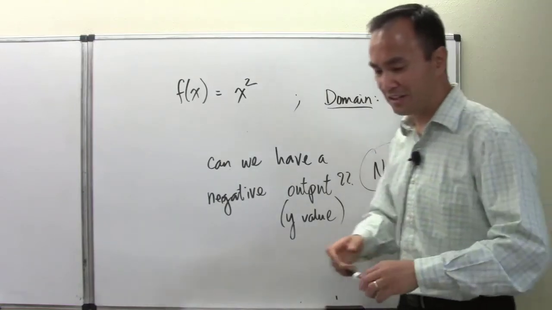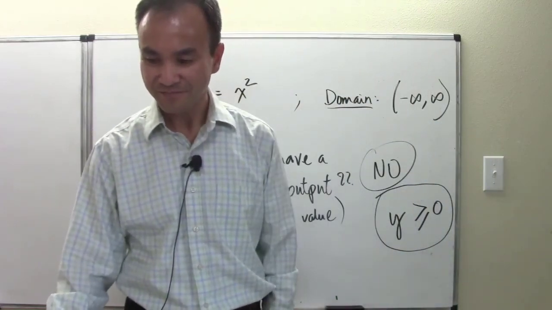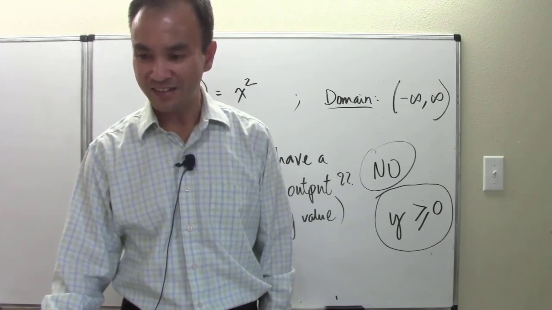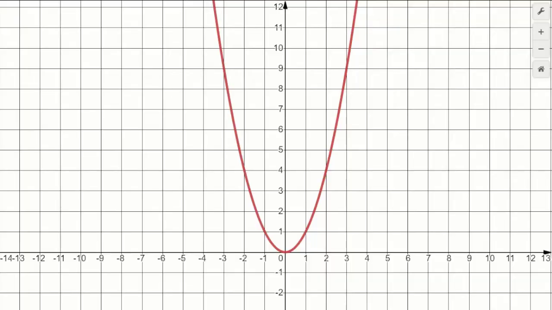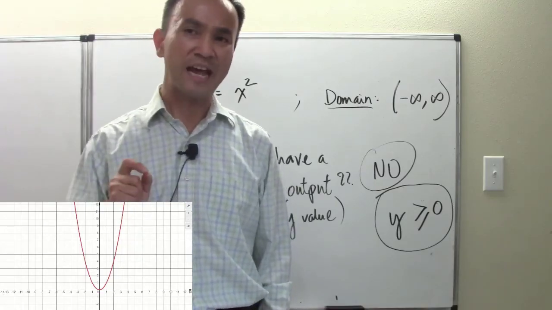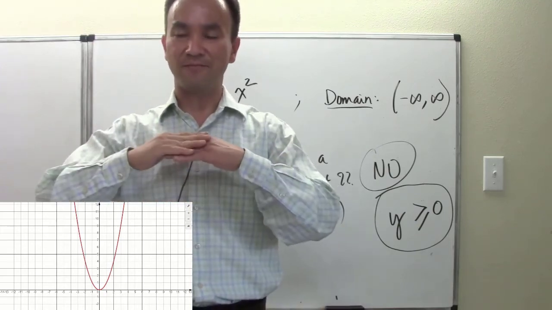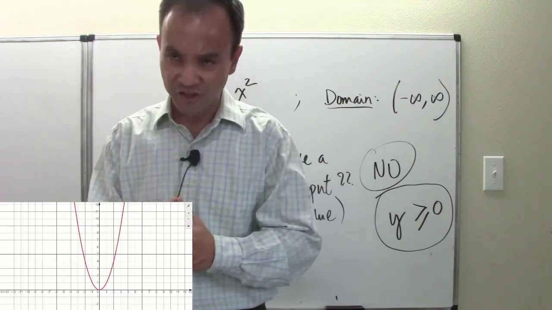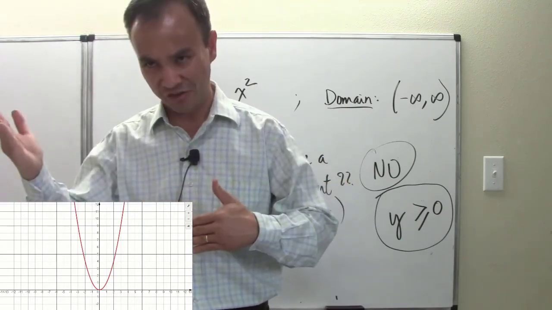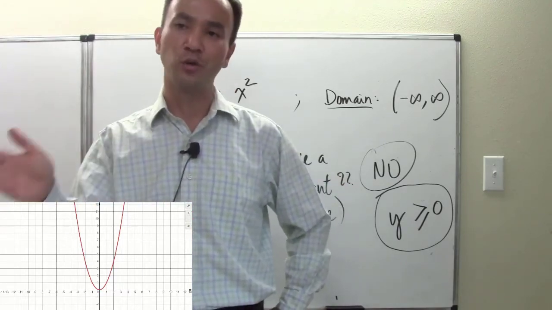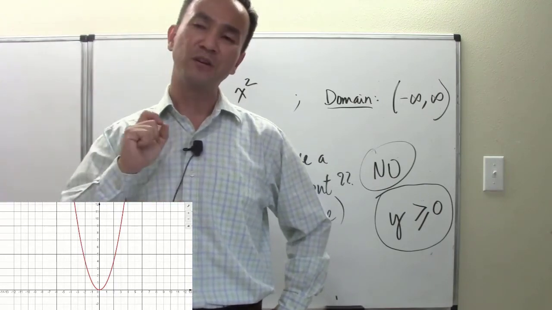now let's quickly have a glance at the graph right here. Okay, and then we will come back and talk more about the graph, how to identify the range from a graph. But here, I didn't even talk about what a range is yet. But now, at least for the outputs, recall from my earlier video lecture that I pointed out that for generations of math people, for generations of mathematicians, and we are doing math, we're all math people. Okay, generations of math people agreed worldwide that we put the output values on a